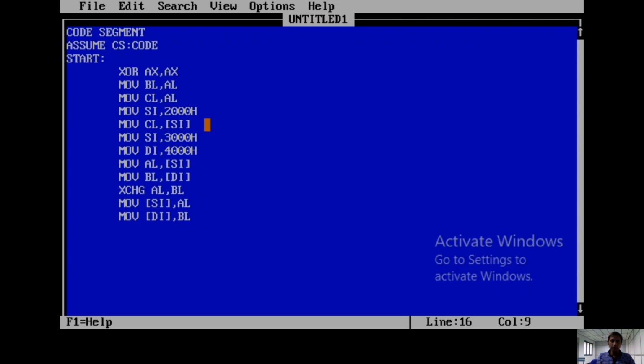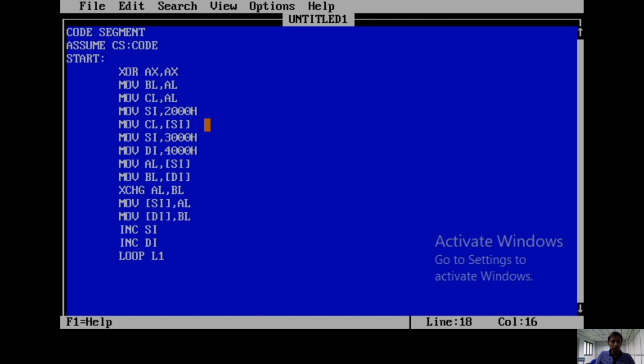Then what is the next step? We need to repeat the same exchange for n number of bytes. So for that, INC SI, INC DI. SI incrementing means SI becomes 3001, and DI incrementing means DI becomes 4001. Then LOOP L1. For every loop operation, CL is decremented by 1 and checked whether CL is 00 or not. Initially, for example, CL is 03. After performing one byte exchange, in the loop instruction CL is decremented by 1. What is CL now? 2.